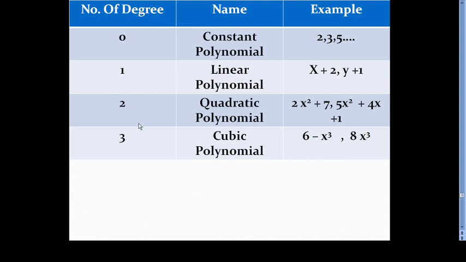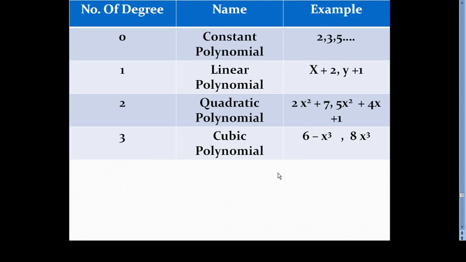Okay. Similarly, if the degree is 2, then it is called a quadratic polynomial. See, here the variable x has highest power 2. Similarly, here the degree of variable x, the highest power, is 2. Okay. So this is called a quadratic polynomial. Those polynomials having degree 2 are called quadratic polynomials. And in terms of number of terms, see here 1 and 2 terms are there, so it becomes a binomial. And here 1, 2, 3 terms are there, so it becomes a trinomial. I hope you feel the difference. Now if the degree is 3, it becomes a cubic polynomial. Here the variable x has highest power 3, so it is called a cubic polynomial.